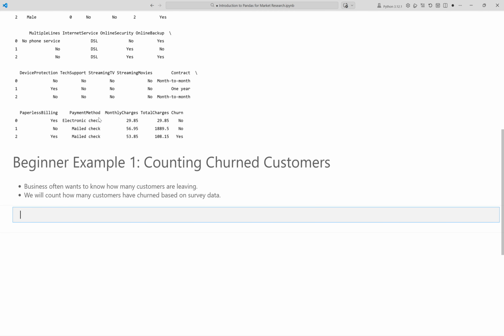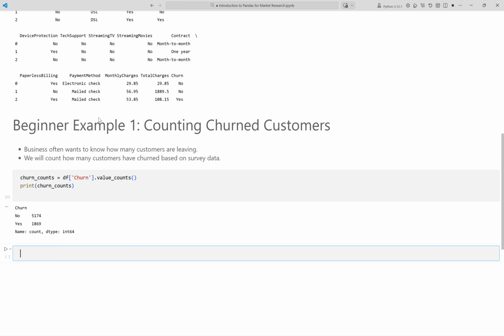Here we count customers who have churned versus those who have stayed. Let us print the result to see how retention looks. Running the cell now. This output shows the count of customers who have churned versus those who have not, with